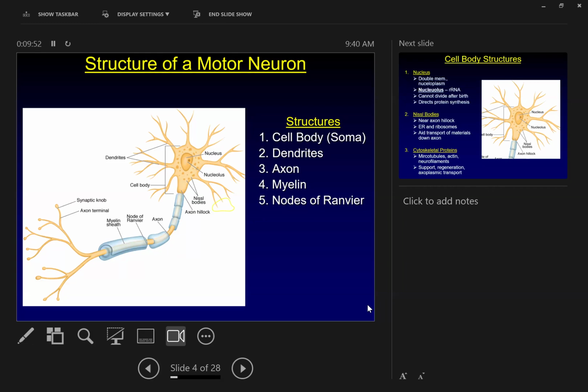And then they will get very, very close, but not quite touch individual muscle fibers. There is no physical contact between the end of an axon and the surface of a muscle fiber. I have no idea why that's the way it has evolved and functions, but that's what happens. There is no direct contact. Around the axon,